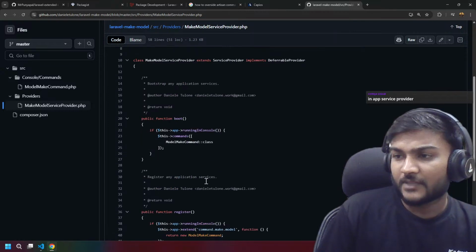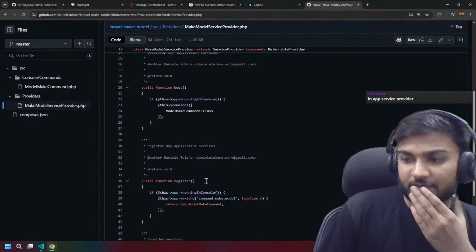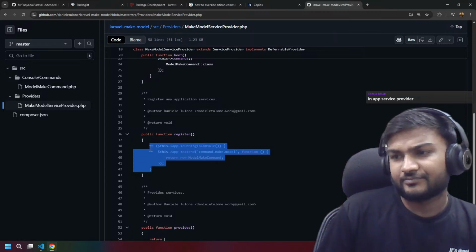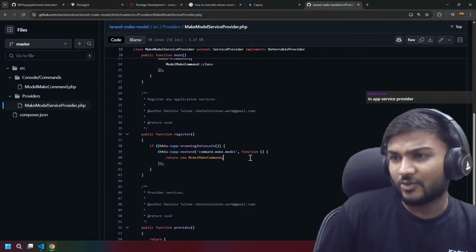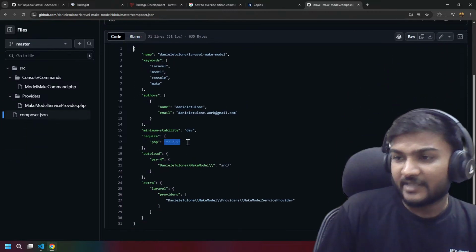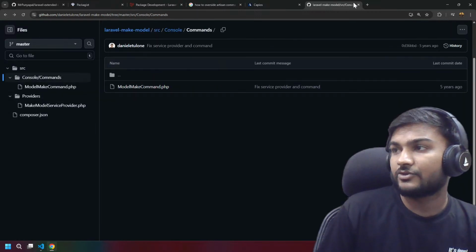So basically, I hope this is not the old way, but if they are doing, I think it's the old way. Let's check the composer.json. It's PHP 7. Look, we are not going to follow that. Should we follow this?